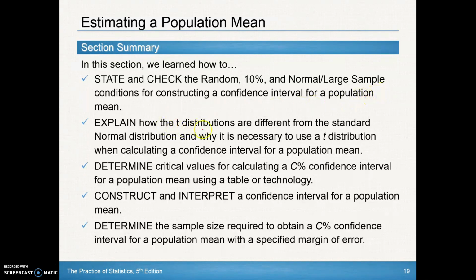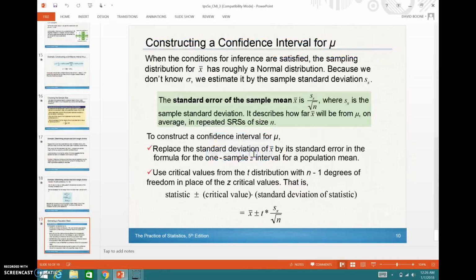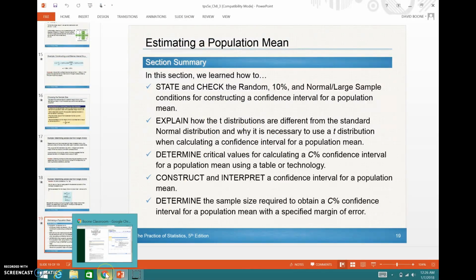We'll be able to explain how the t distributions are different from standard normals, determine critical values for different percent confidence intervals, construct and interpret a confidence interval, and the last thing we just talked about was determining the sample size. So you should be able to finish the problems on the lesson for